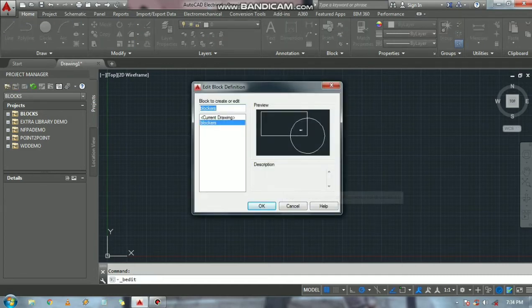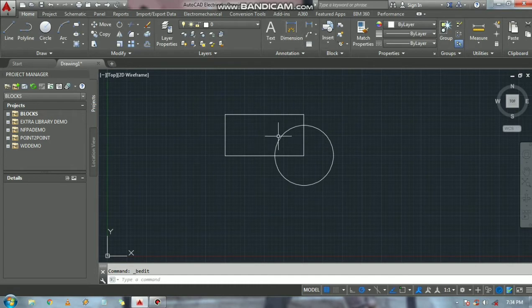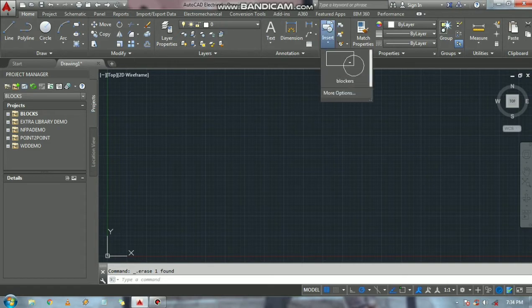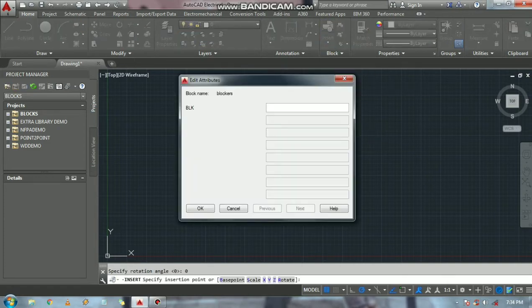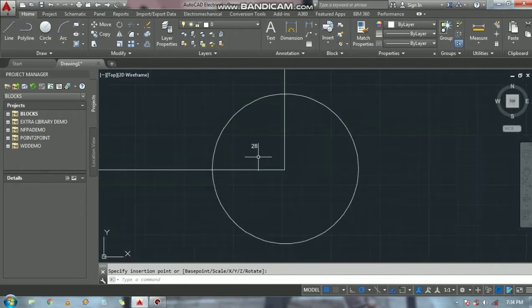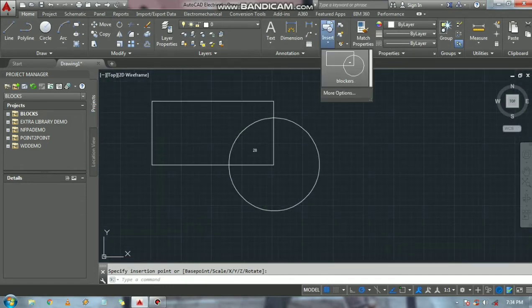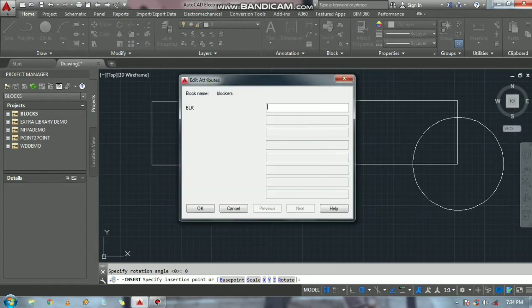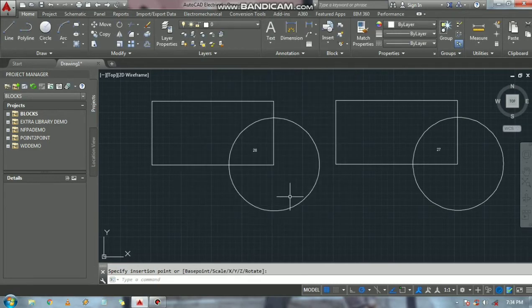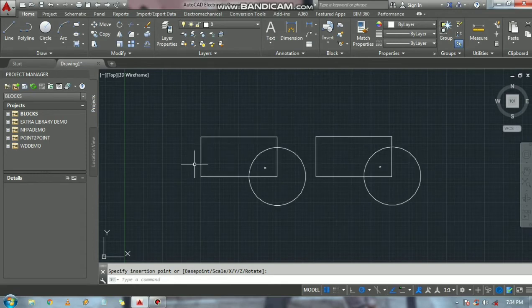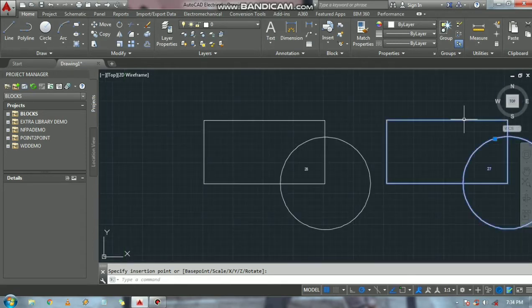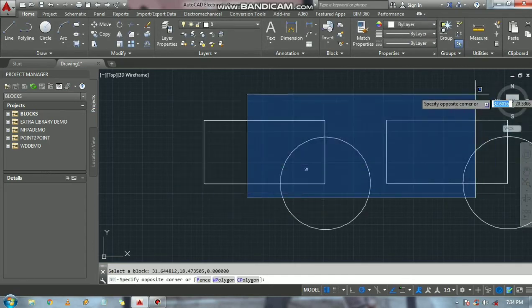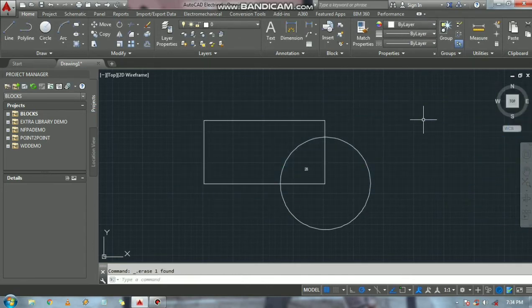These blocks are saved temporarily in the insert section. When you go to the insert section, you will see that it is already stored as a temporary symbol or block. Now we can give the name specification as the tag. Now I am giving 28. It is the 28th block. Based upon the specification, you can give any block as your reference. Now I am giving 27. Based upon the input, you can give any block sections. If I delete here also, again I want to say that it is a temporary save.